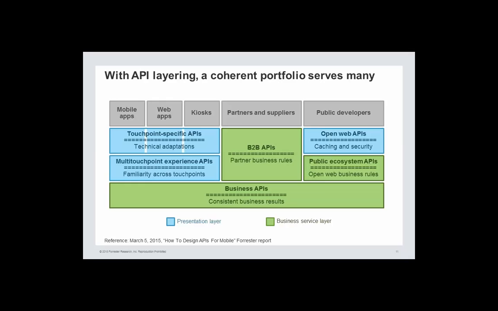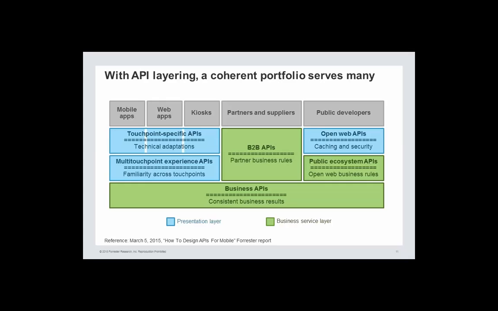And then you need a layer of APIs that are specific to the touch points, and a layer of APIs that bring multi-touch point experience. And you may have additional, but I'm trying to present the broad picture here. So great, this is wonderful, but these business APIs don't serve only this multi-touch point strategy, so you need them